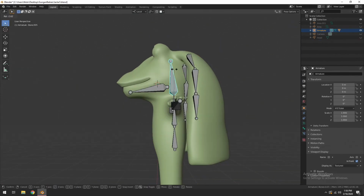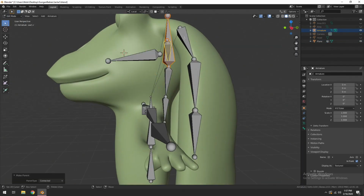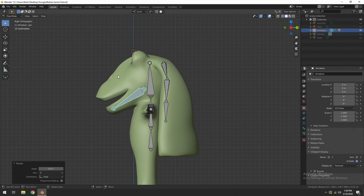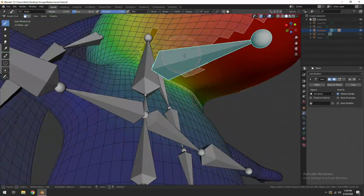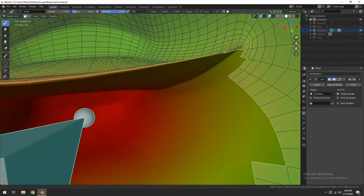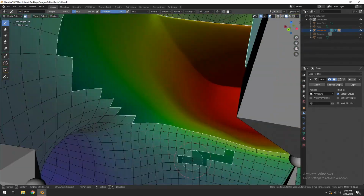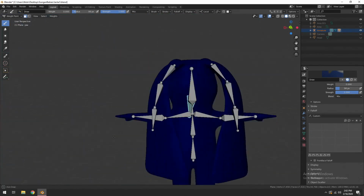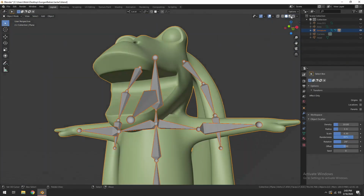But what's weird is that I realize later on that my bone hierarchy is wrong, where the jaw and the ear bones are connected to the neck bone instead of the head bone. I fixed that right there. And then I reapply with automatic weights. The automatic weights just don't seem to be working with this model very well. A lot of the times in Blender, when you apply automatic weights, it does a decent job of automatically painting the weights itself. Of course, there is some fine tuning you typically have to do, but